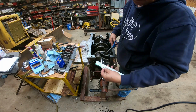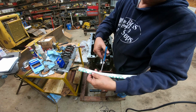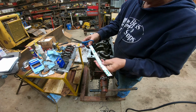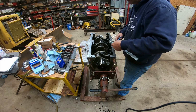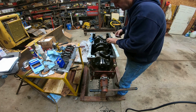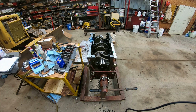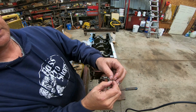So what we got here is a plastic gauge. This side says we go from 1 to 3 thousandths clearance. I might need to get a different kind. I don't know if this one's the right one. I need to look at the specs, but that's all they had at the parts store the other day. But what that is, is just a little piece of plastic,